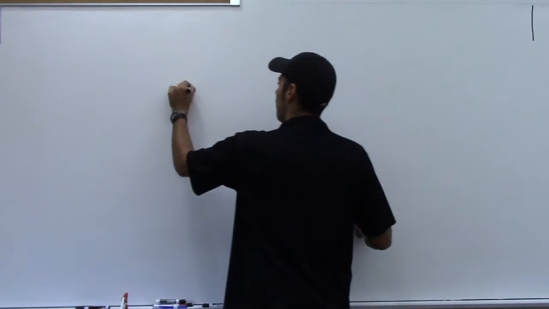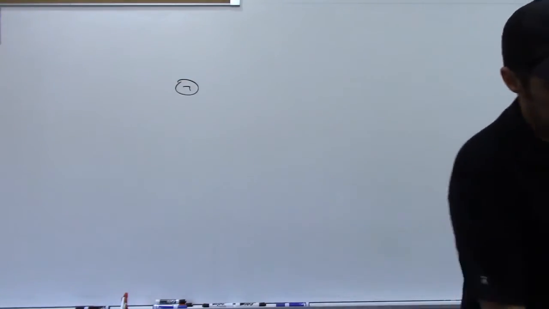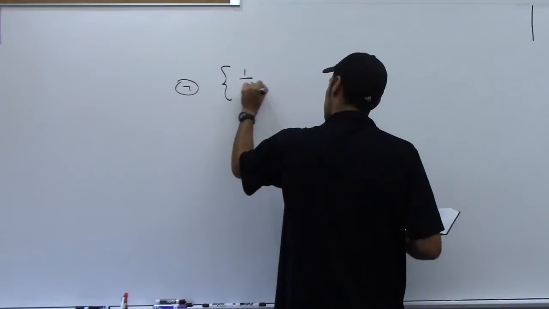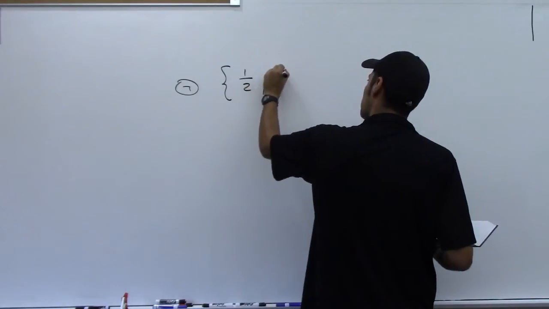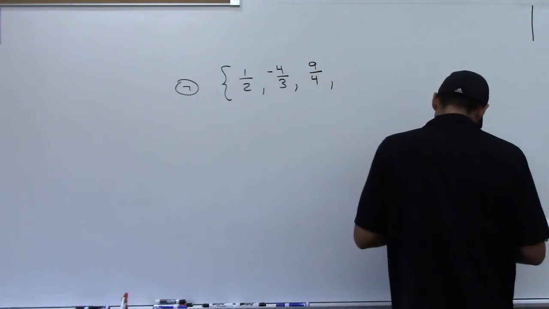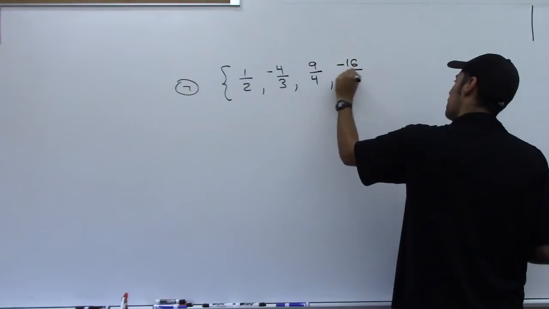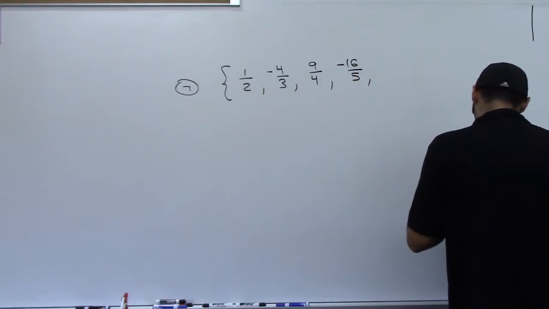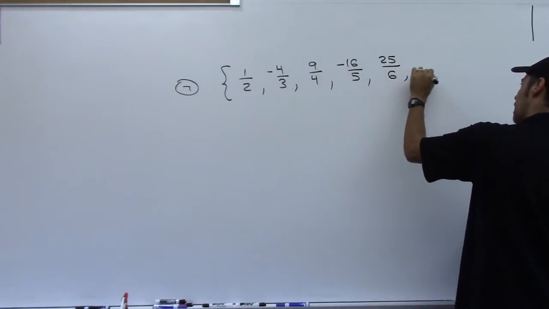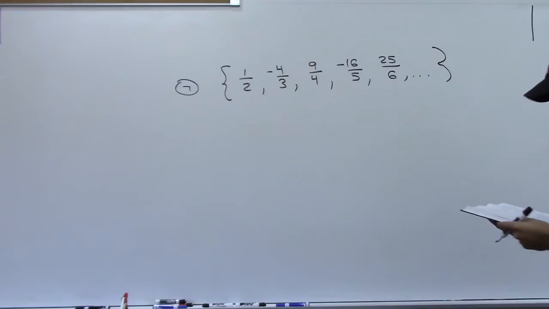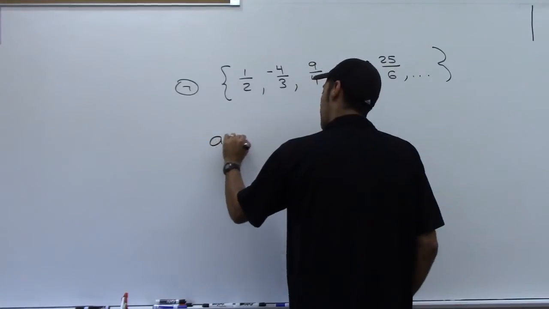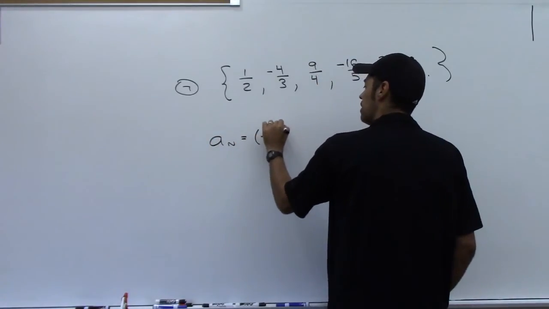Let's look at 7. One half, negative 4/3, 9/4, negative 16/5, 25/6, and so on. Okay, we have an alternating sequence again. So let me take care of that first. Need to start it with positives, so I'm going to put